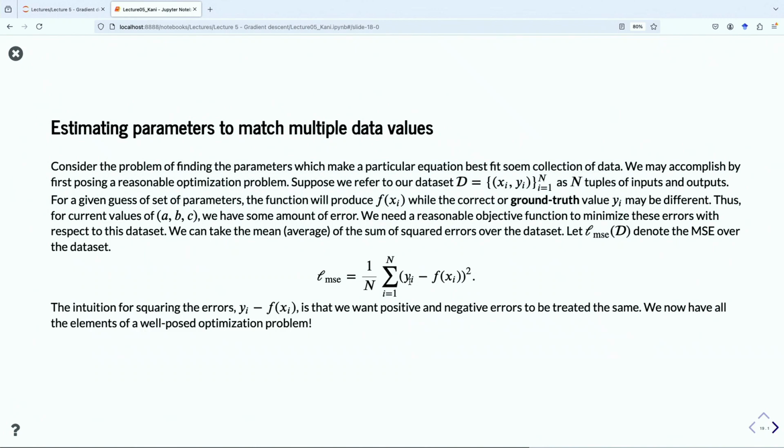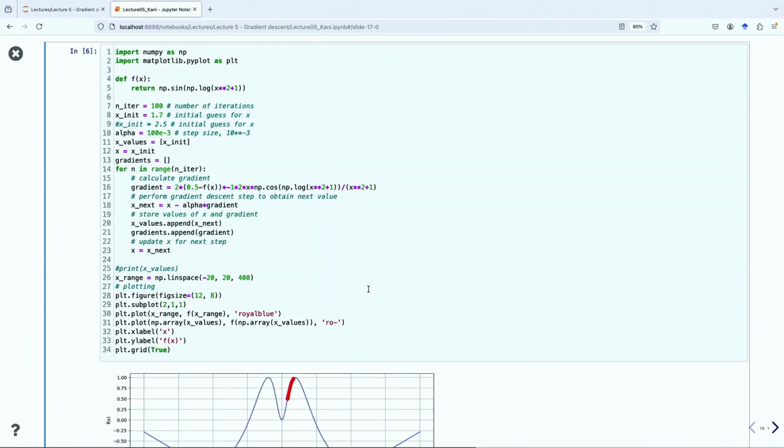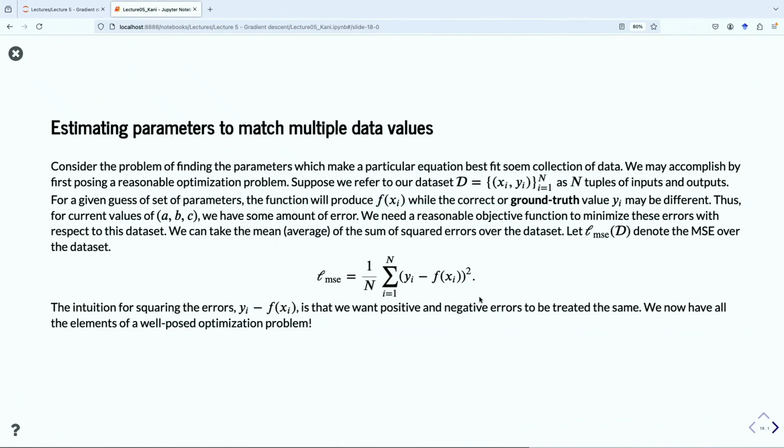If we have multiple values for which we want y to be equal to, we simply calculate the loss for each one of those values. In the case of this single function, single parameter, it doesn't make sense. But if you have multiple parameters you want to optimize, you want to average out those multiple parameters so that they match all your data as